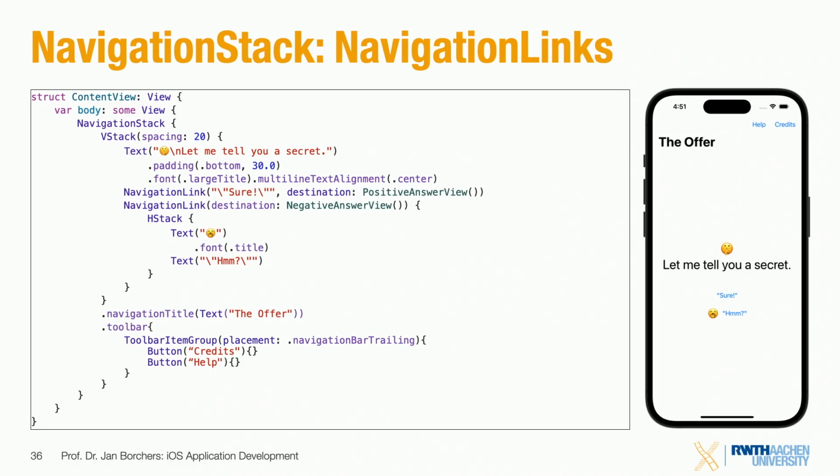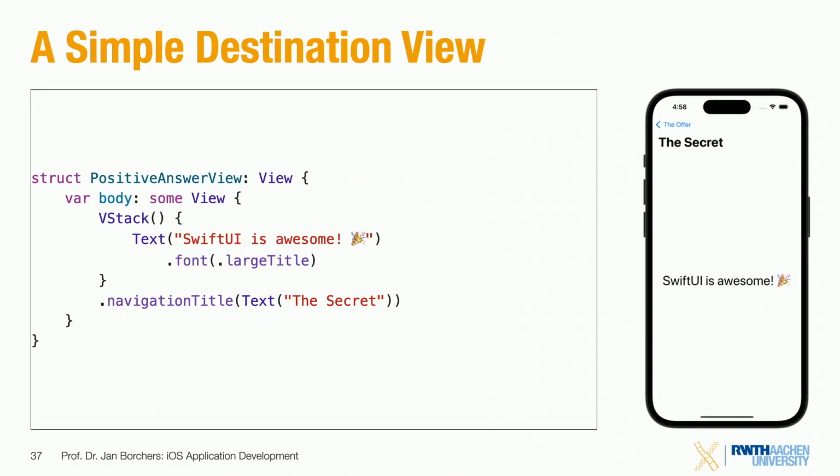First, the simple destination that we're jumping to here, the positive answer view. It's very simple. It's a new view, right? It follows the view protocol. It's called positive answer view, obviously, because that's what we called it in the other file or in the other struct. And it has a computed body var that is just a VStack that says SwiftUI is awesome, and that's it. Right? So the only thing you notice here is, and that goes back to what you just said earlier,